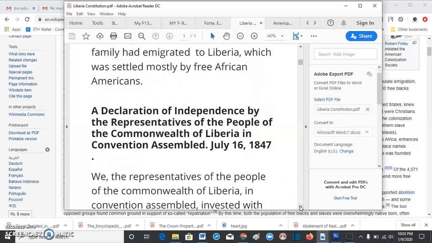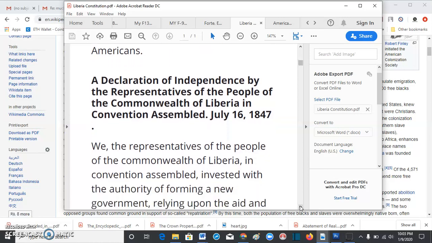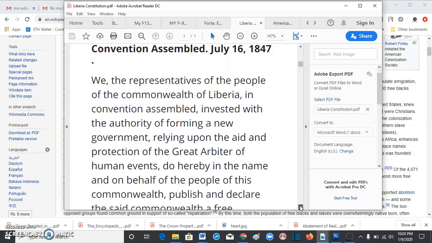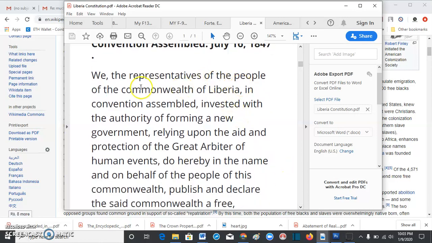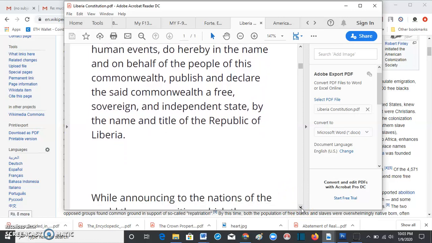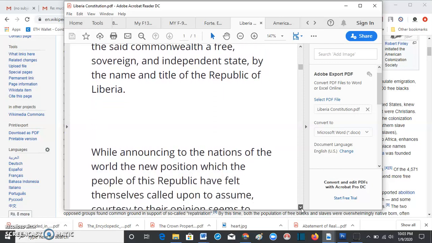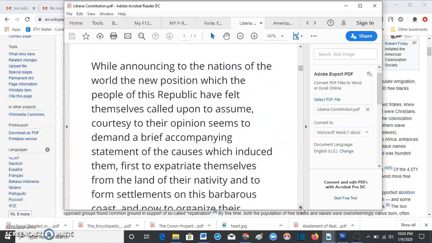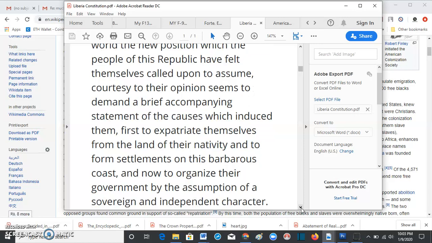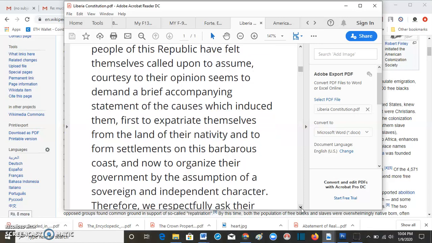A declaration of independence by the representatives of the people of the Commonwealth of Liberia in Convention Assembly, July 16, 1847. We, the representatives of the people of the Commonwealth of Liberia in Convention Assembly, invested with the authority of forming a new government, relying upon the aid and protection of the great arbiter of human events, do hereby, in the name and on behalf of the people of this Commonwealth, publish and declare said Commonwealth a free, sovereign, and independent state by the name and title of Republic of Liberia. While announcing to the nations of the world the new position which the people of this republic have felt themselves called upon to assume, courtesy to their opinion seems to demand